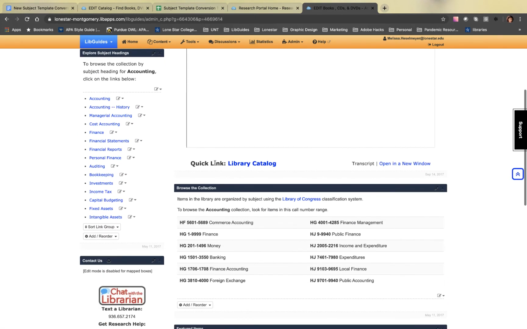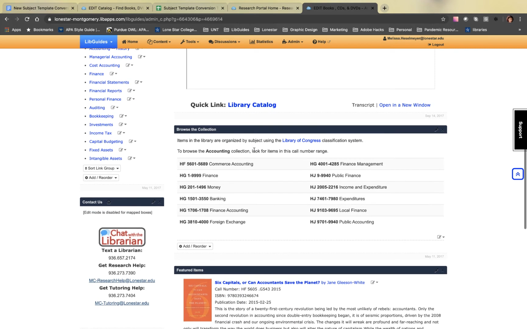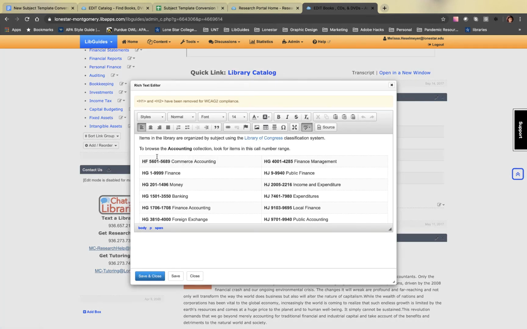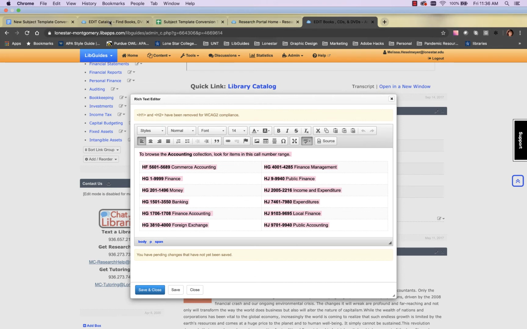So you'll notice that you should find a Browse the Collection box somewhere within the guide. So I can click on this and I can click Edit, and I can copy. So I have to highlight everything, Command or Control C, and then I'm going to go back to my tab for my current guide,